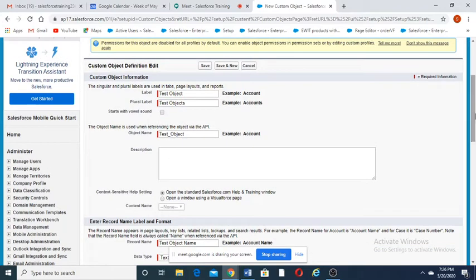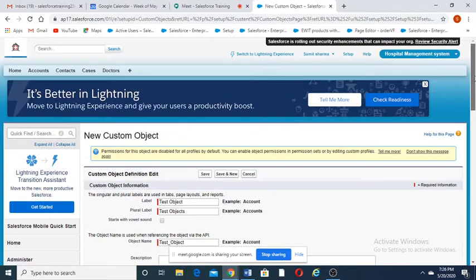So, the idea of explaining you lookup and master detail relationship is, we are making a hospital management system application. So in this application, you are going to use lookup relationship and master detail relationship.